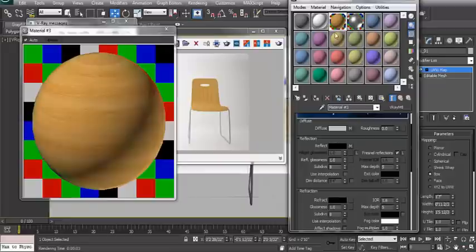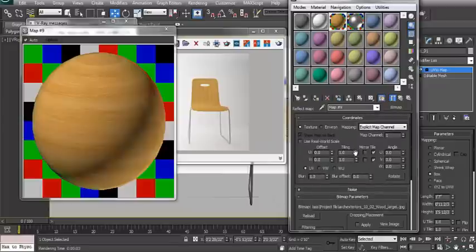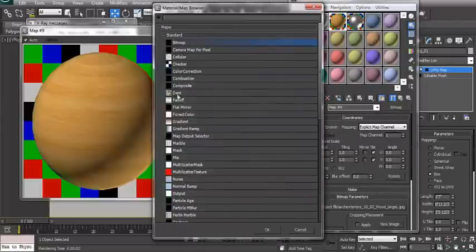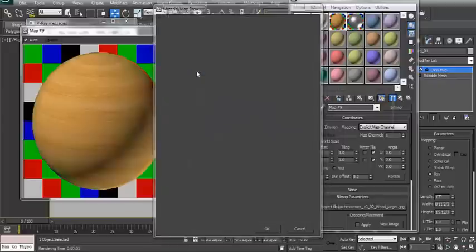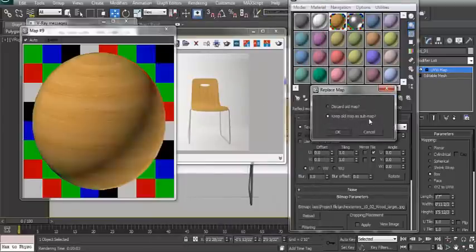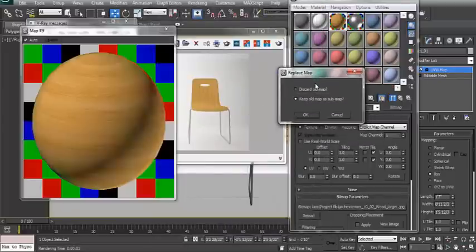so that we can see what's going on in the material. And in the reflect panel, we're going to take the color correction by clicking on the bitmap. Where is the color correction? Here is the color correction. We're going to take it and keep old map as submap, so that we can keep the previous map. Okay,